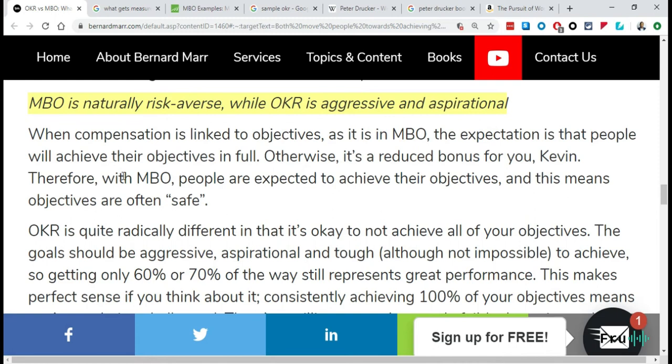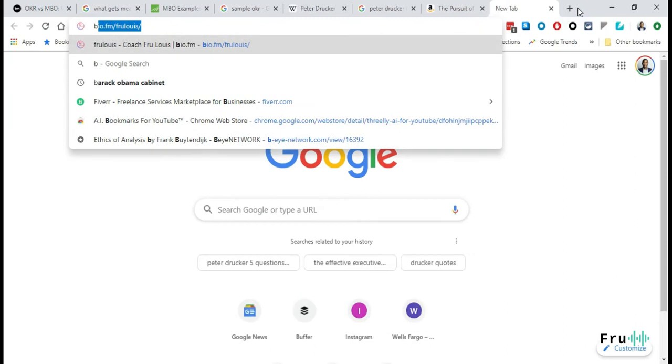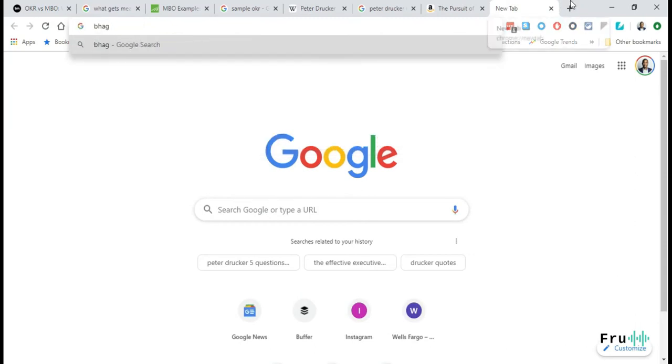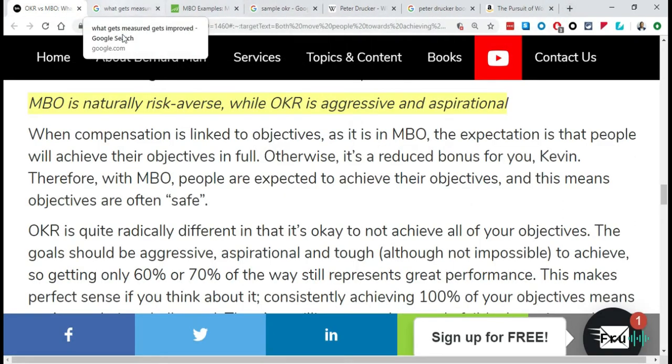The term I've seen for this is BHAG MBOs, right? Which is big, hairy, audacious goals. If you've never heard of this, it's called BHAG. So big, hairy, audacious goals. So no one was setting BHAG goals, because they want to set things that they can actually achieve,